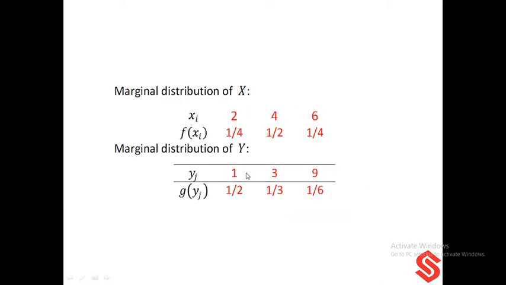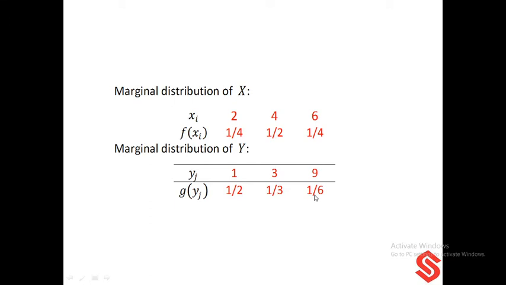Similarly we get the marginal distribution of y. Here we add the values column wise. So y1 is 1, y2 is 3, y3 is 9. Then g of y1 is 1 by 2, g of y2 is 1 by 3, g of y3 is 1